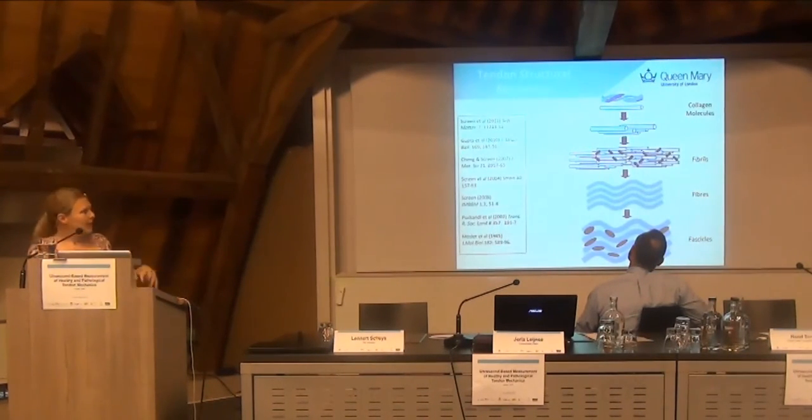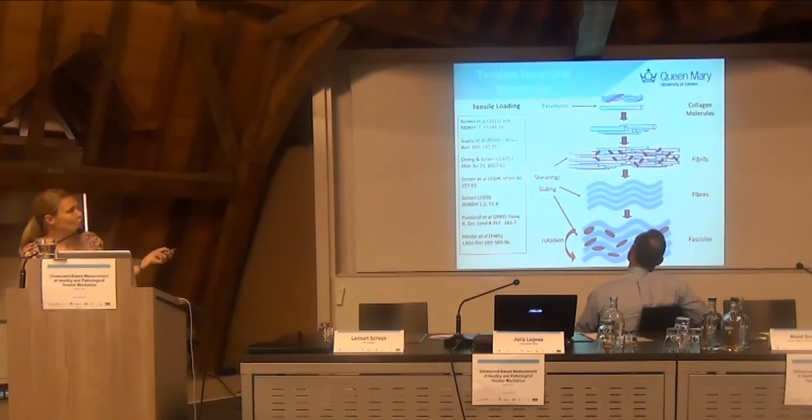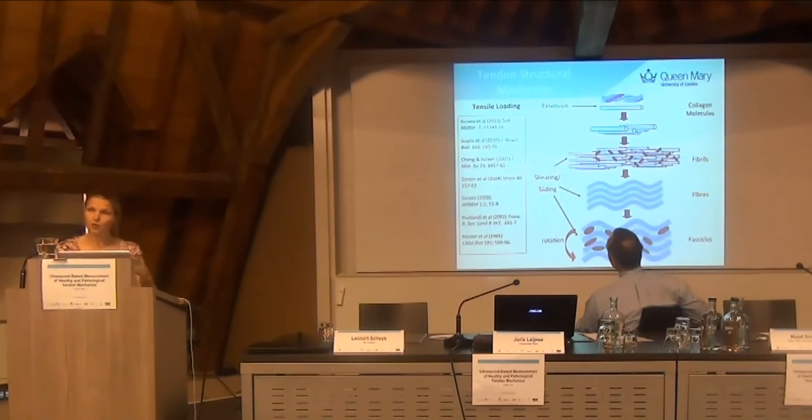And over a number of years in a series of studies, we've been trying to elucidate simply what happens when you take a piece of tissue and you stretch it. And effectively, we found that you do get a little bit of extension of individual collagen molecules at a small level, but really what you tend to see is this shearing and sliding behaviour occurring all the way through that hierarchy, allowing the tendon to extend. Fibre composite mechanics: the fibres are stiff, and the matrix between them allows them to shear and slide to stretch the